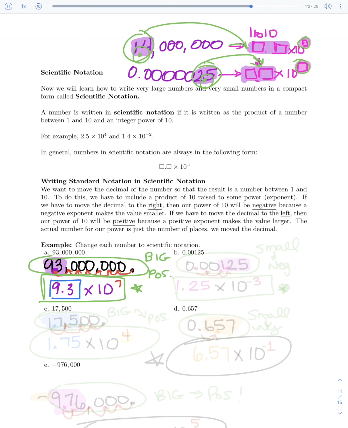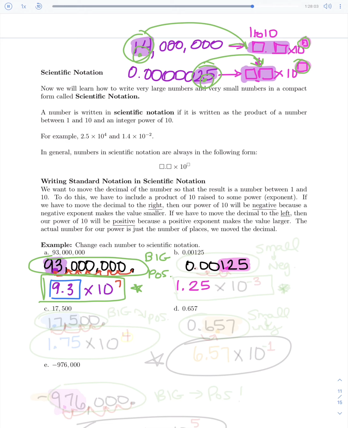Let's try another one. On this next one, we have 0.00125. Okay, again, let's look at the numerical part like we did on the last one first, the 125. Well, if I want to turn this into a number between 1 to 10, the only place I can put the decimal is between the 1 and the 2. If I actually put it in between the 2 and the 5, I'd actually get 12.5. And remember, I don't want to be any bigger than 10, so I need to stick it between the 1